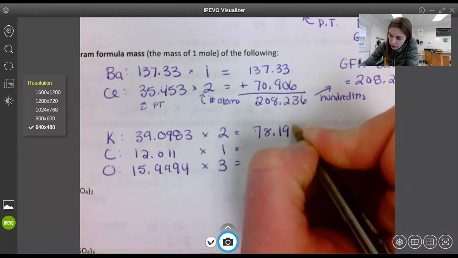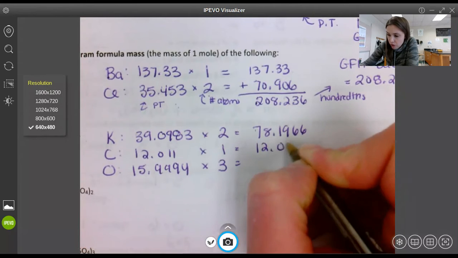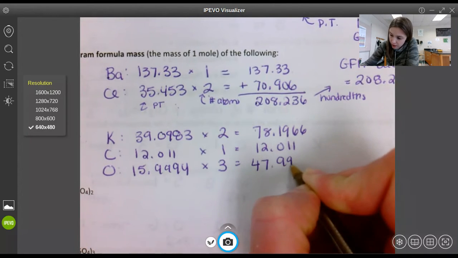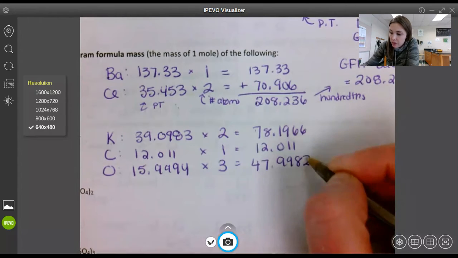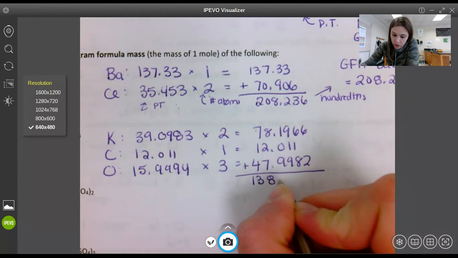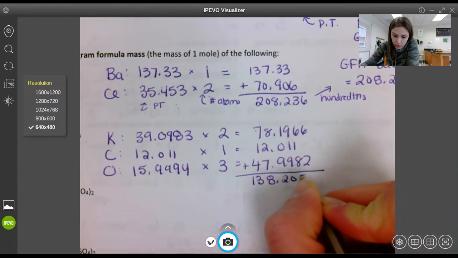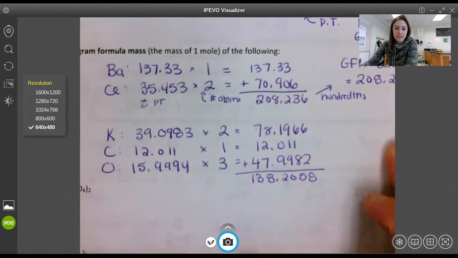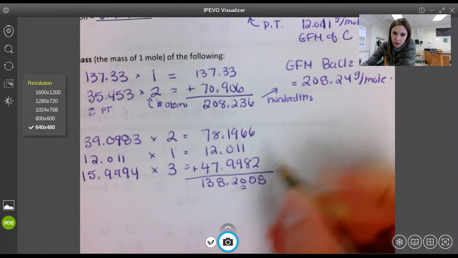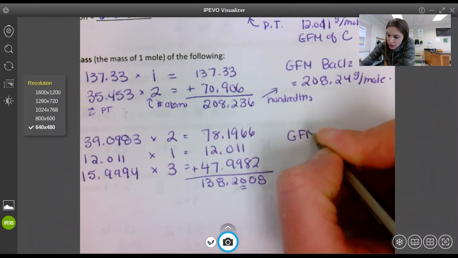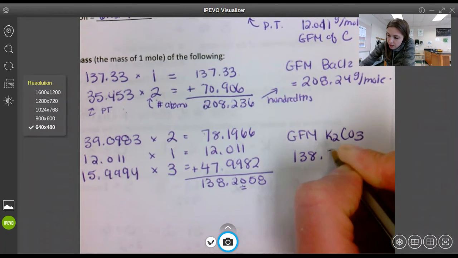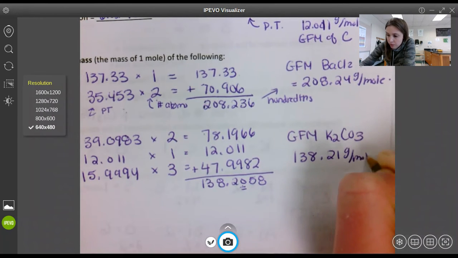So 78.1966, 12.011, and 47.9982. Then I'm going to take all their individual masses and add them together. So you should get 138.2058. And the same thing, I'm going to be rounding this to the hundredth spot. That 5 is next to it, so it's going to round this place up. So when I look at the GFM of my potassium carbonate, it's going to be 138.21 grams per every mole